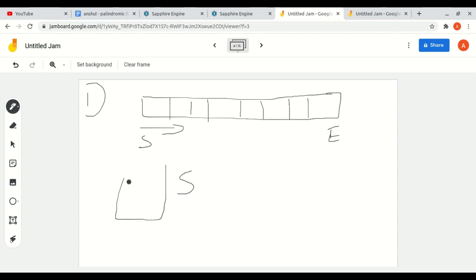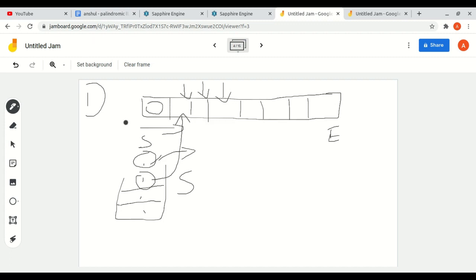Then again from the starting, compare the topmost element of the stack with the first element, pop the top element from the stack, and compare the current top element to the current iterator, the pointer pointing at it. At each step we will increase this pointer by 1.